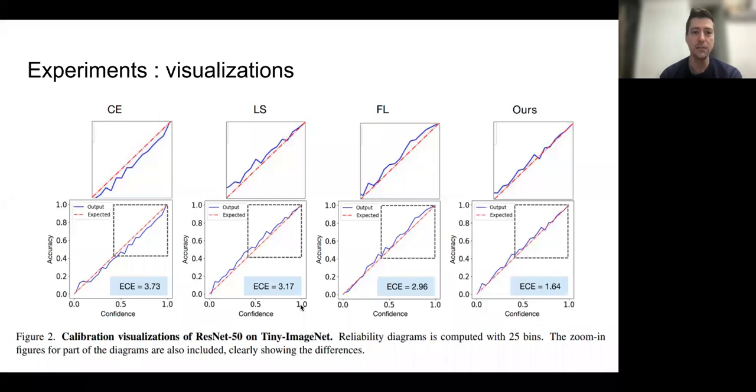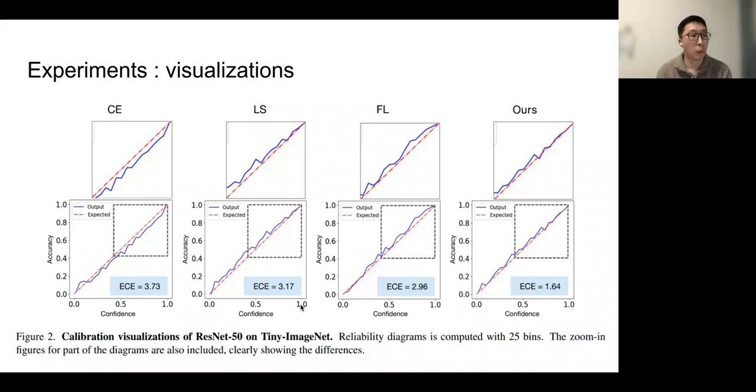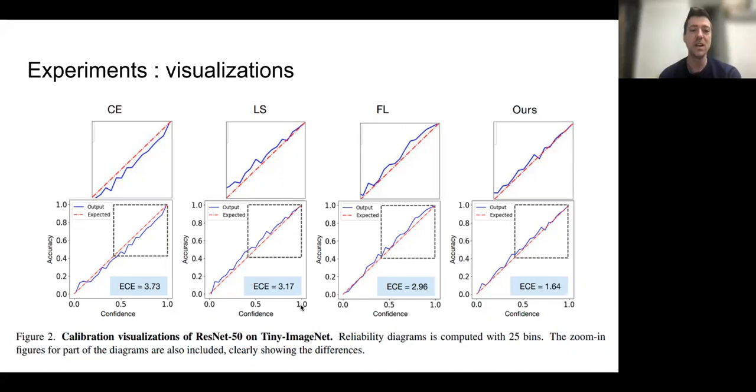So probably if you had tuned your parameters... I understand why you tune for accuracy, but it's a little unfair to say that your method is better at calibration, since these methods were not tuned for calibration. In fact, they are uncalibrated right now, as you can tell from the curve. Did you tune your own parameters, like the margin, for accuracy, for calibration, or for both?